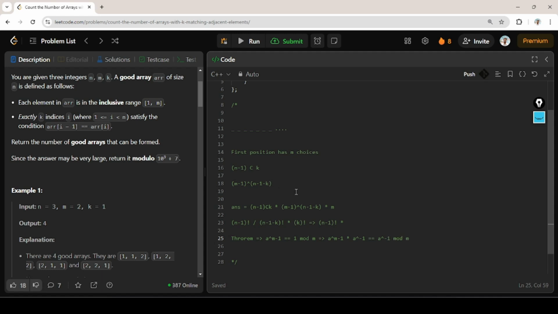This gives me this, which I can combine on the LHS to be a to the power m minus 2, and this should be equivalent to a inverse mod m. I'm doing this because a inverse mod m is something that I need. 1 by k factorial is nothing but k factorial inverse. So here a is k factorial and mod m